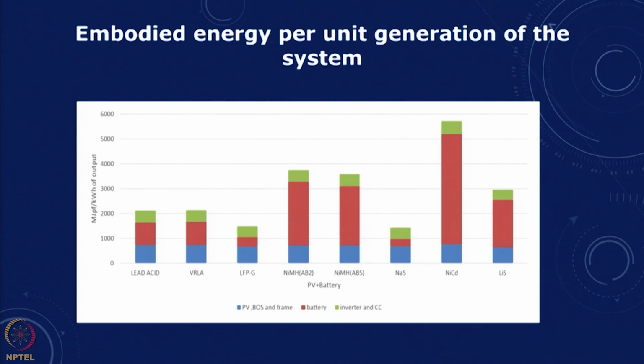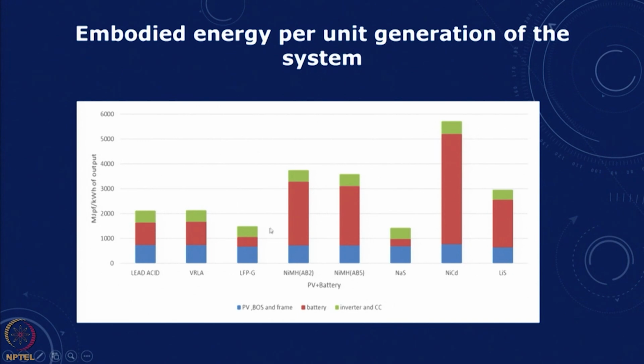This is only the amount that we are using to make this, and you can see that the lithium ion turns out to be the lowest embodied energy, and so, also you will find that the battery adds a significant amount of embodied energy to the total,